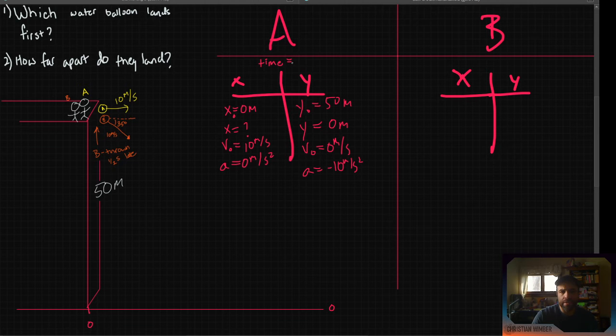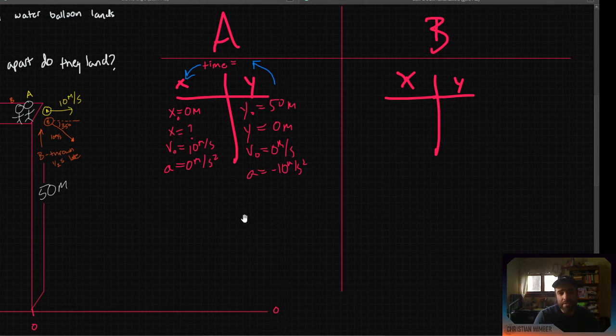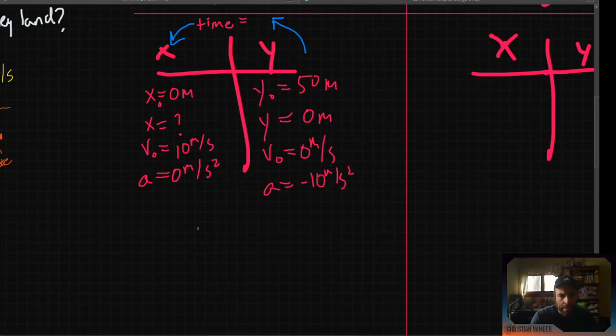Change the color here real fast. I'm going to run through all this to find the time, and then once we have the time, I'll use that to find the position. So let's go ahead and work through the algebra. I'm going to do this all algebraically just because it takes the least amount of space. All right, so